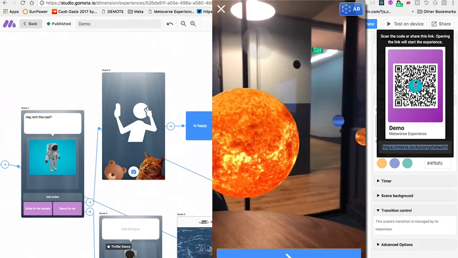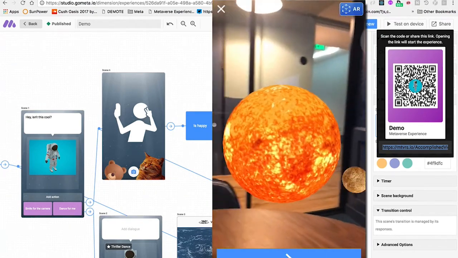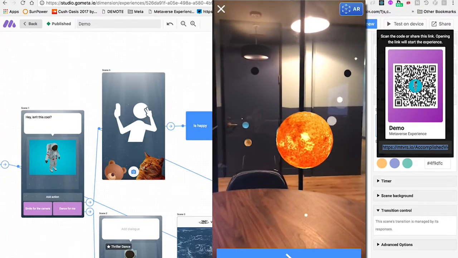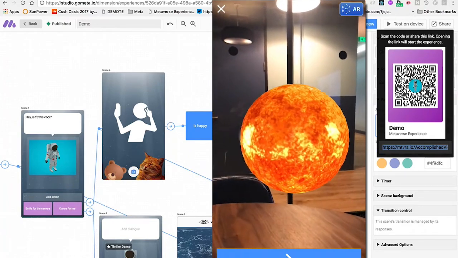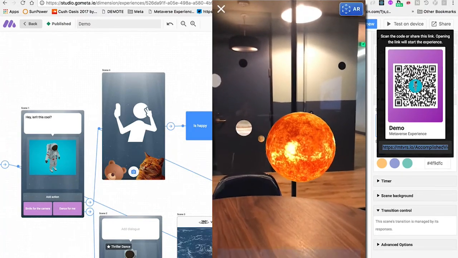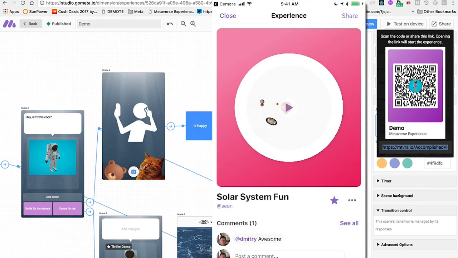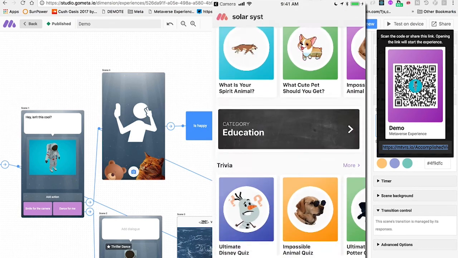In fact, we can even go inside of it and sort of look at it from the outside or look at it from perspective of the sun. And here it's just spinning around me. So this is just a simple, trivial one, but it's pretty cool that someone made. And then let me show you some that are a little bit more sophisticated.